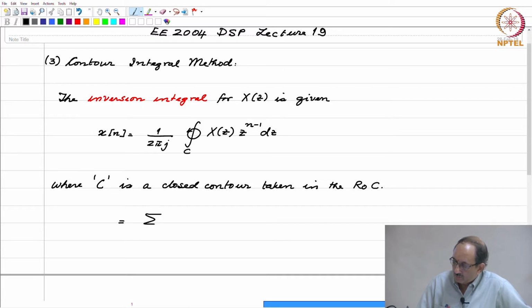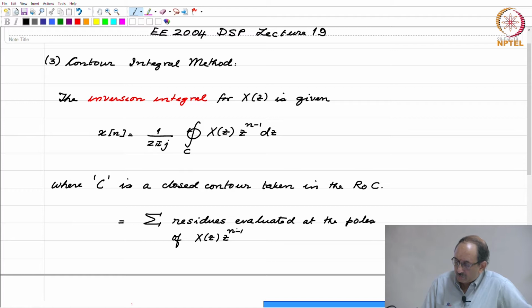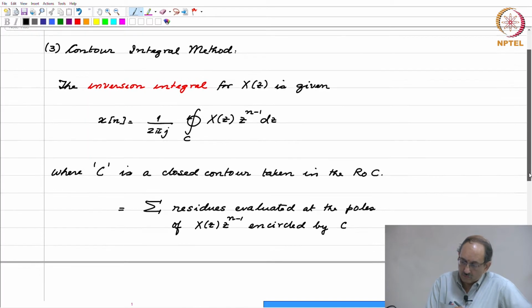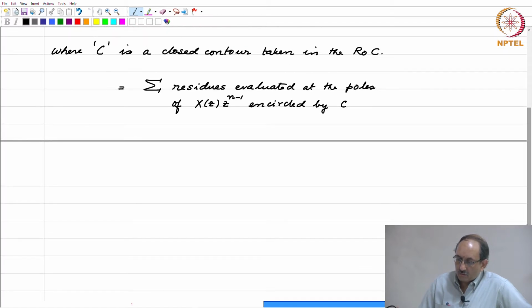So, this is the sum of the residues evaluated at the poles of x of z times z to the n minus 1 that are encircled by C. So, this is the residue formula, and